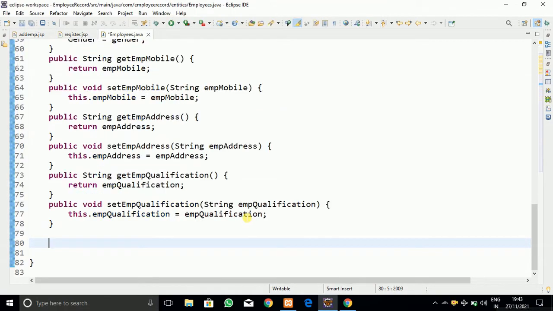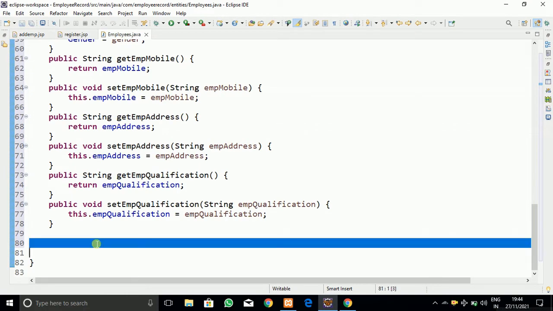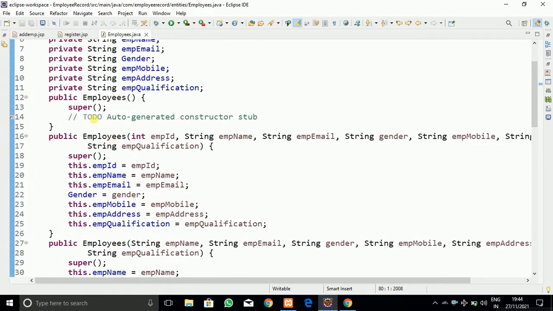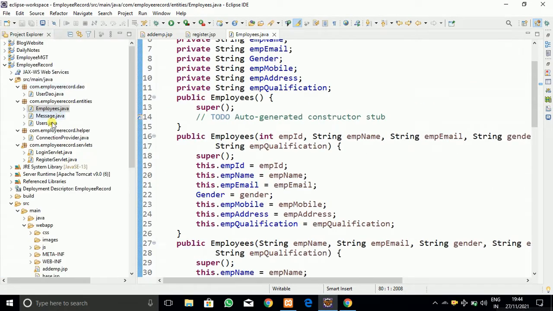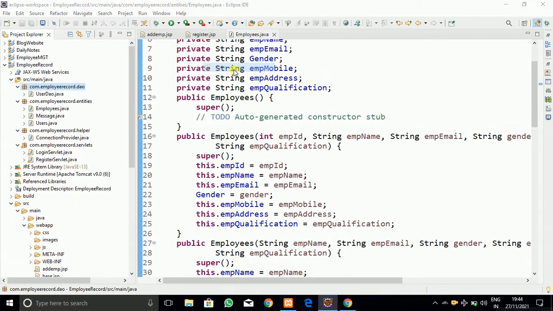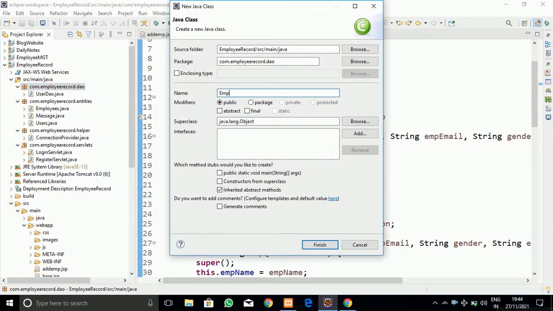Click on generate, and in this way you can see that we have successfully created the employee entity, to accept the data from the user for adding the employee in our database. So now I'm going to create a method to save the data of the employee, that is path.